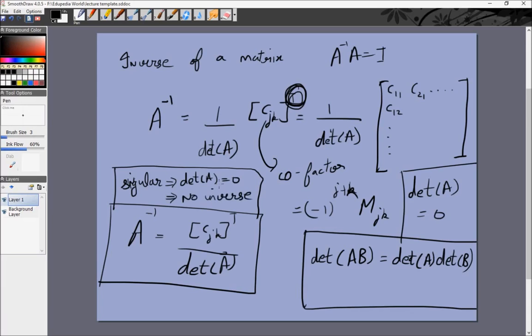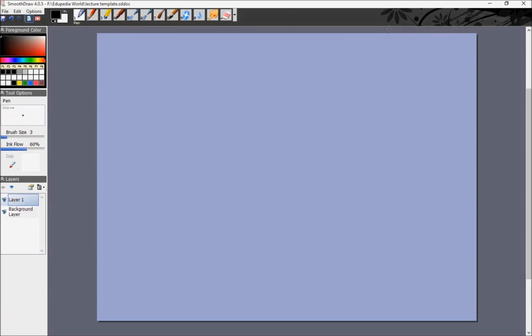Non-singular matrices have a determinant which is non-zero and hence they do have an inverse. Now, an extension from this: we talked about some peculiar properties of matrix multiplication. We said that AB is equal to AC does not imply B is equal to C. However, if you multiply both sides by A inverse, then you get B is equal to C. So if A inverse exists,